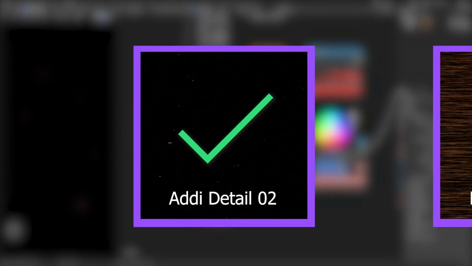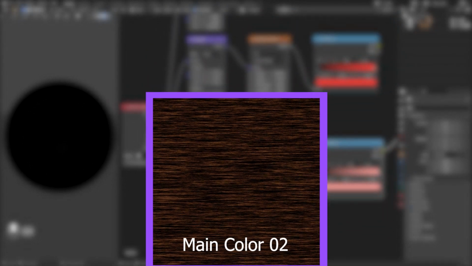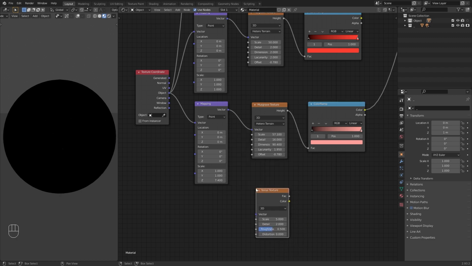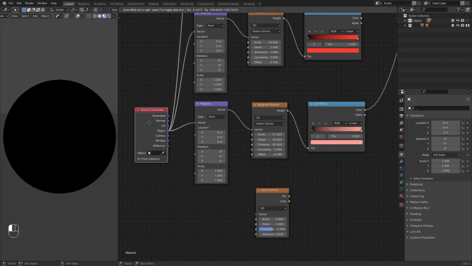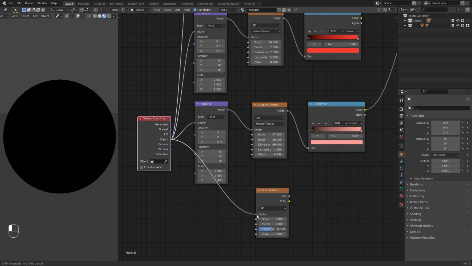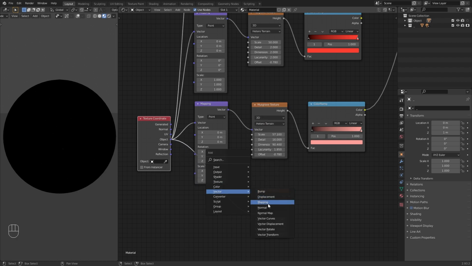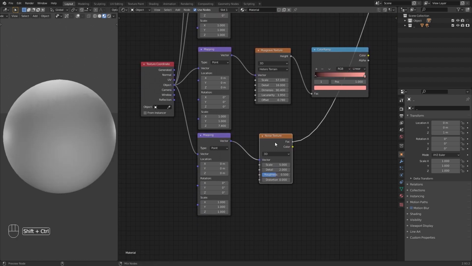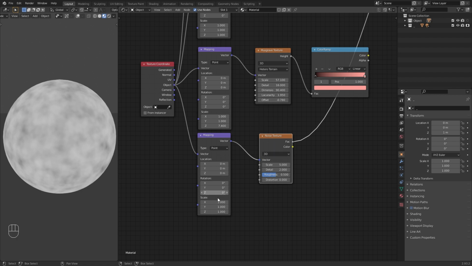OK, now let's set the fourth texture. To create this, first, add the noise texture and set the object vector and mapping node as before. Now let's set the node preview and adjust the values here. Here, change the Z-scale value of the mapping to 37.7. Then, change the scale, detail, and roughness values to 16, 10, and 1.